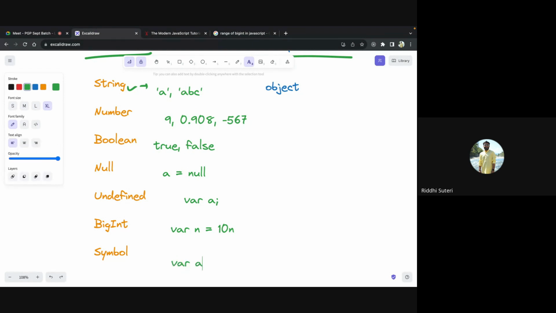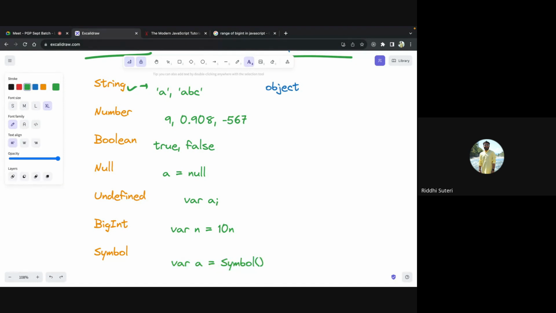And how do you write it? You write var a equals Symbol, and if you do this, you have got a unique and immutable value. You will not be able to see the value which the Symbol holds, but it will always represent that if you have used one Symbol at one point, it will always be unique. This is one syntax of writing a Symbol.